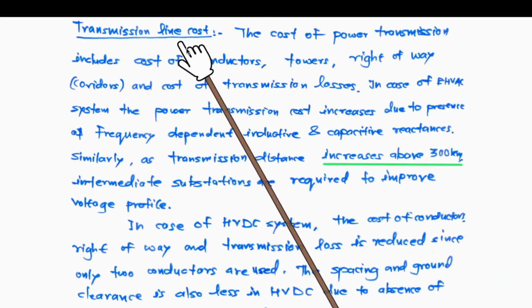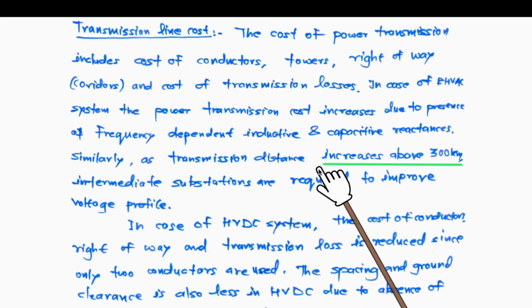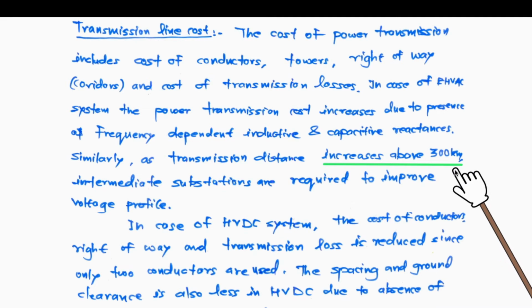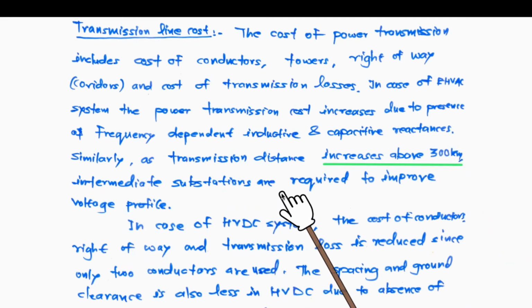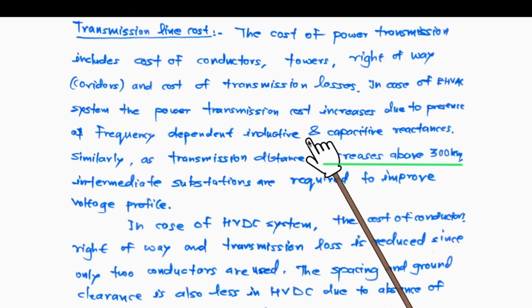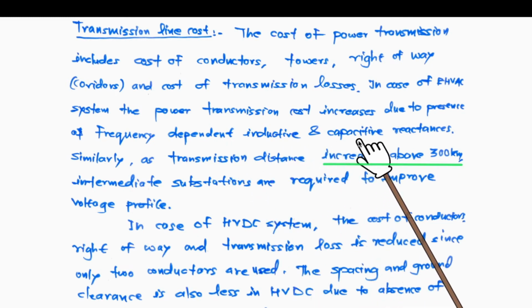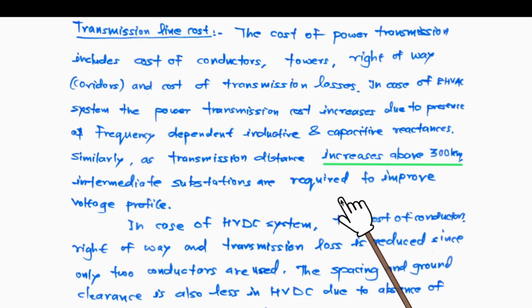That is why the transmission cost, or the variable part of the cost, increases linearly with the transmission network. The more distance we go, the more the cost of intermediate stations keeps adding, and consequently the voltage profile will get affected, the power angle will get affected, and naturally the transmission losses will also get affected. So that is the reason.